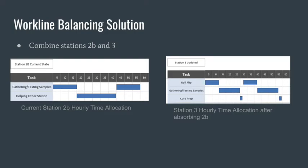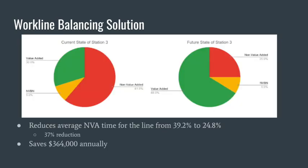Station 3 is also located next to 2B, so there would be minimal disruption in the time spent walking to the testing location. Absorbing 2B's responsibilities will shift Station 3's non-value-added time from 61% to an estimated 25%. The average non-value-added time for the entire line will fall from 39.2% to 24.8%, resulting in a 37% reduction from the current average non-value-added time. These results fall within the team's objective and also eliminate a line position, which results in savings of $364,000 annually